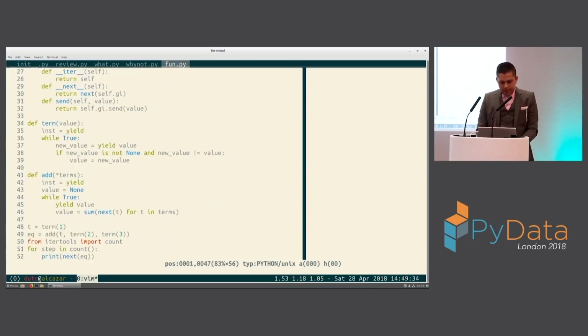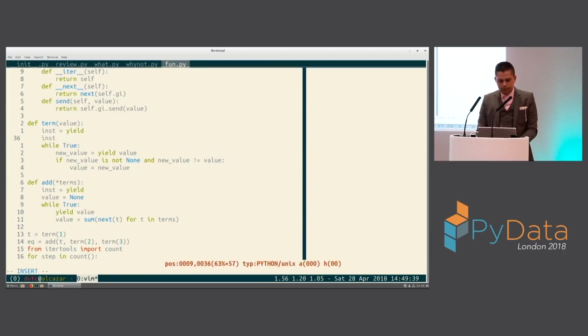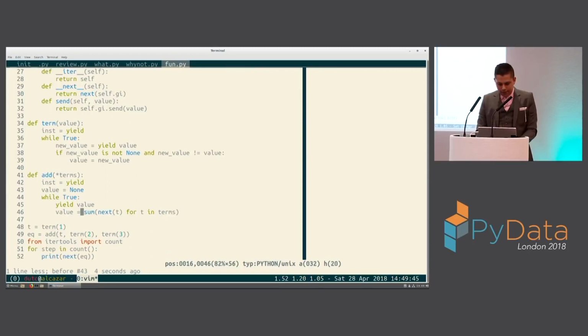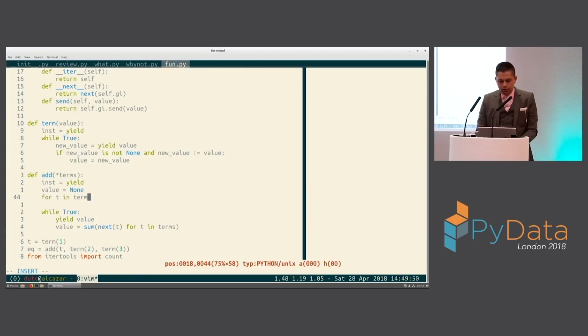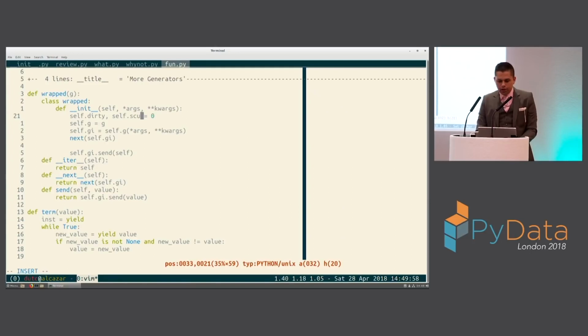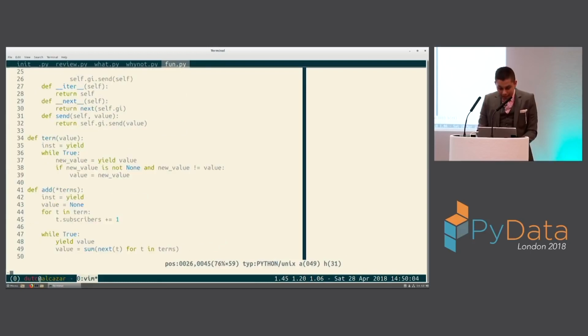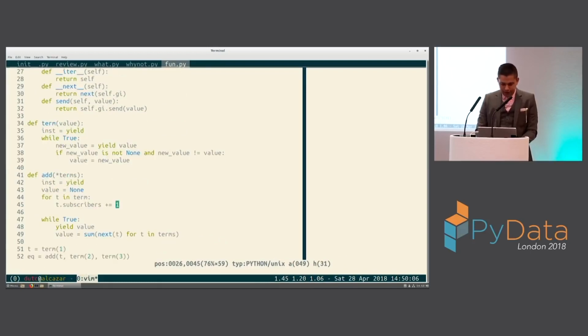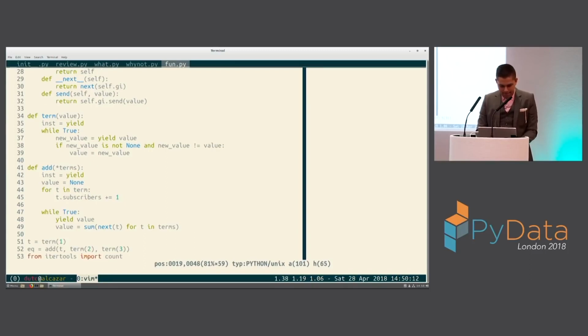Now, as we do this, we can do the following. Actually, no, we already did that. So what we can do is the following. Here, when we have the terms that we're adding, we might say for each term, t.subscribers plus equals 1, and we can keep track of how many people are subscribing to these values. So we know if we're dirty or not, and we know how many people are waiting to see values from us. Then, what we can do, and this gets really hinky, is we can say,